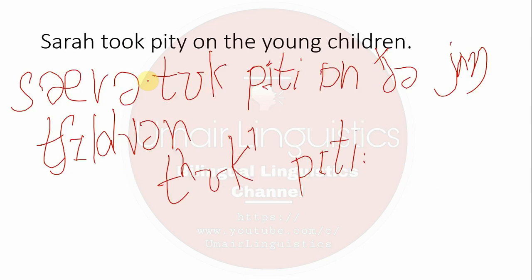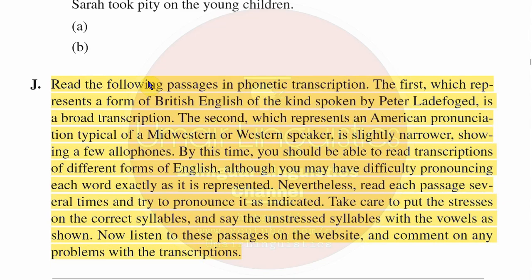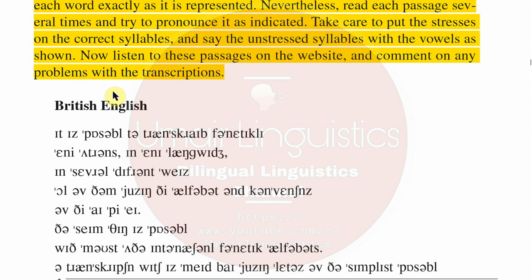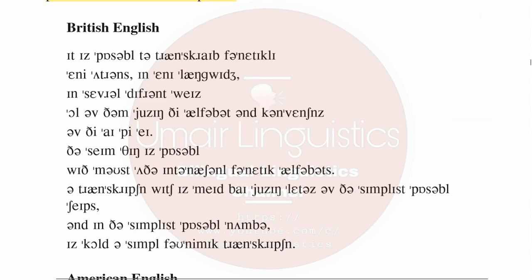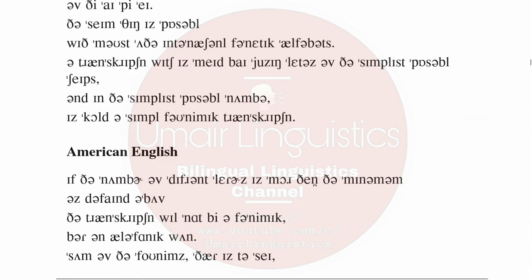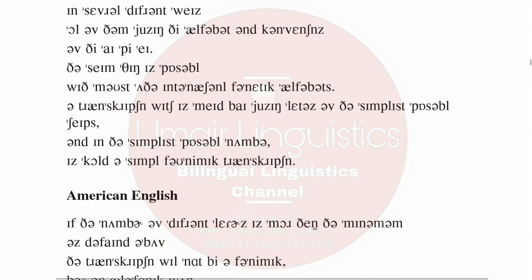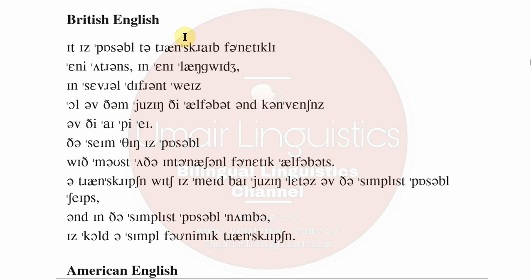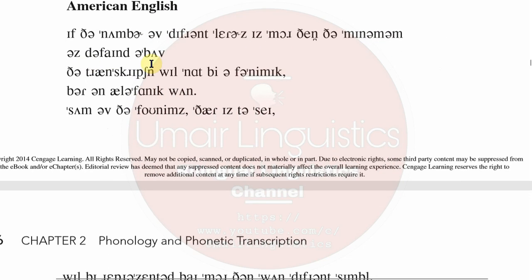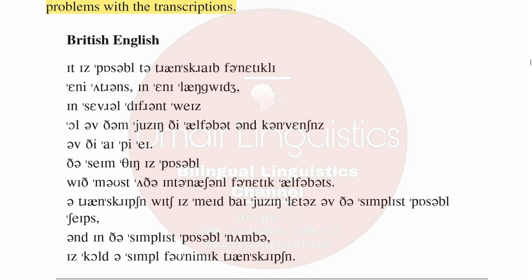Sorry, there are some other questions as well. So what is the next question? It is a long statement. You can just stop and read it, but I am going to explain that these are two small paragraphs. One is in British English and the other is in American English. This is actually broad transcription, and this actually has some allophones, so it is a little bit like narrow transcription. So what we have to do,